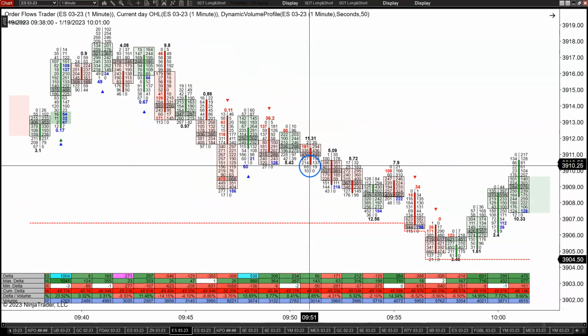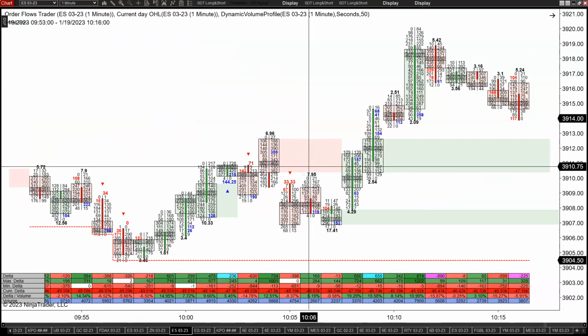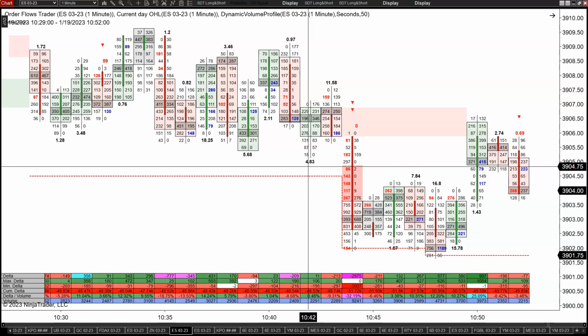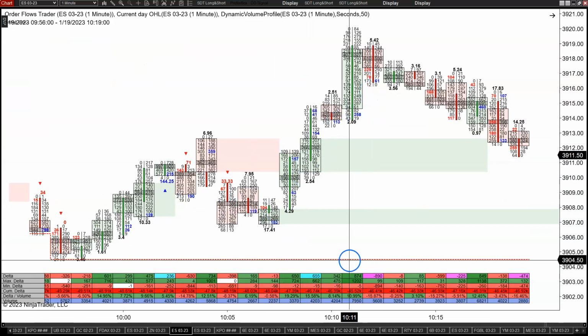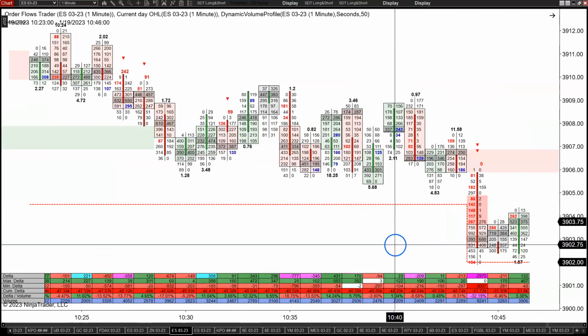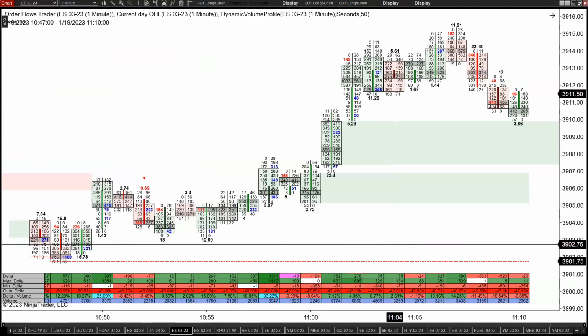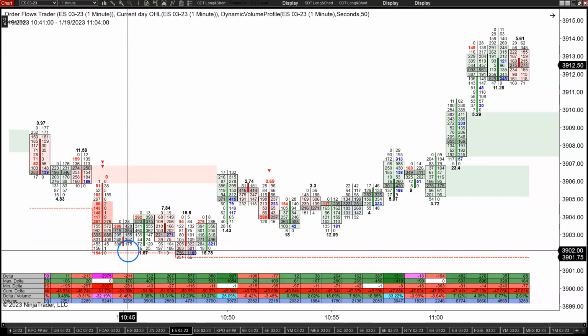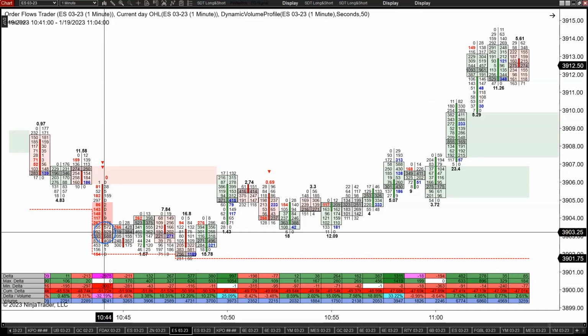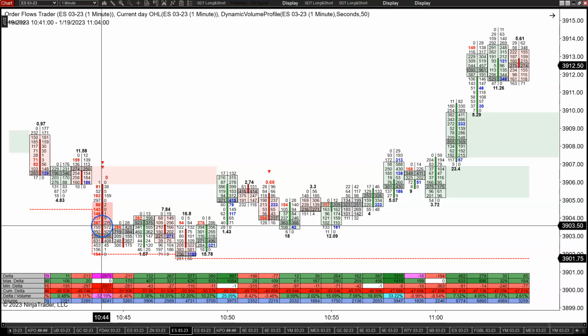But let's take a look a little bit later, right, to when we hit that low of the day, okay? And you can see how this market is moving in those directions, okay? But I want to talk about the low of the day here, okay? So this was the low of the day, just before 11 o'clock. And it was quite interesting because there was a big selling imbalance, stacked selling imbalance coming into the low,